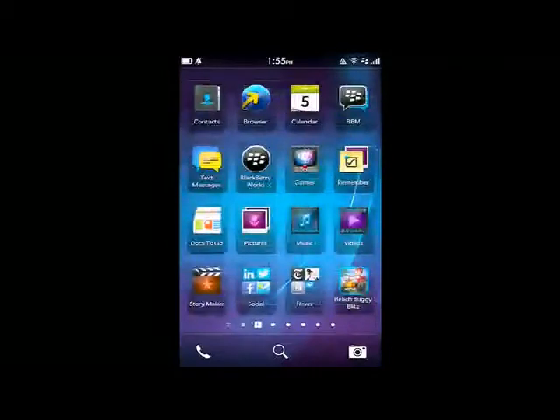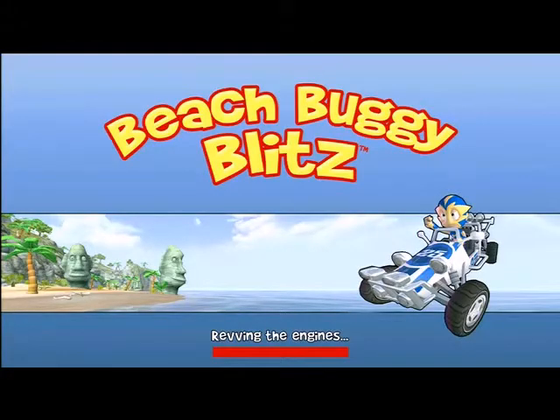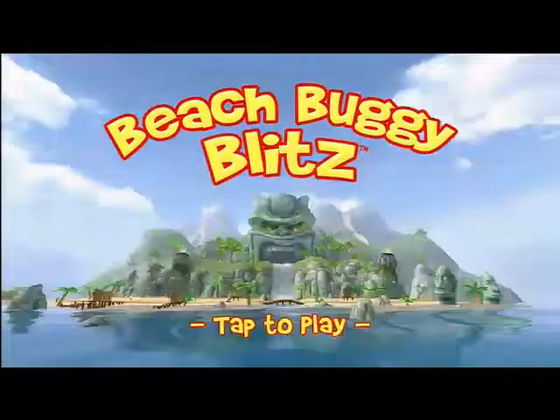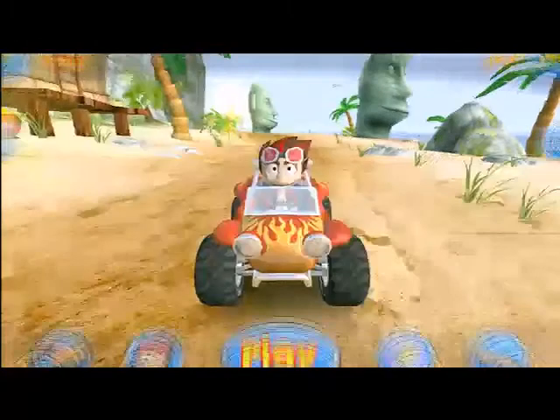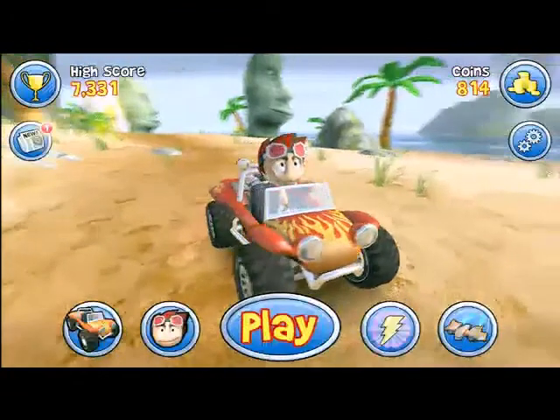Beach Buggy Blitz? Yeah, Beach Buggy Blitz is also a freemium game, so it's kind of reminiscent of Chasing Yellow, but it's in 3D. Again, C++, OpenGL. It's going to take a little time to load, but basically, it's a racing game, you can upgrade your vehicles, you can upgrade your avatar, you can buy power-ups, and let's just show you. The great thing as well is that this shows you what these devices are capable of doing. So you're not restricted to match-3 type games. You can really get some high performance stuff on these devices.